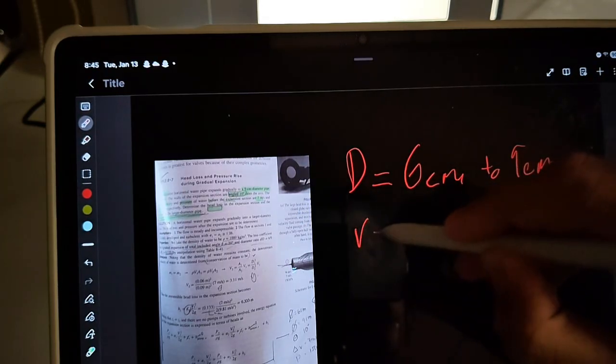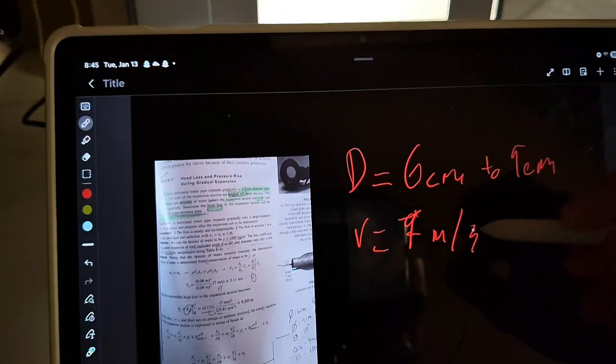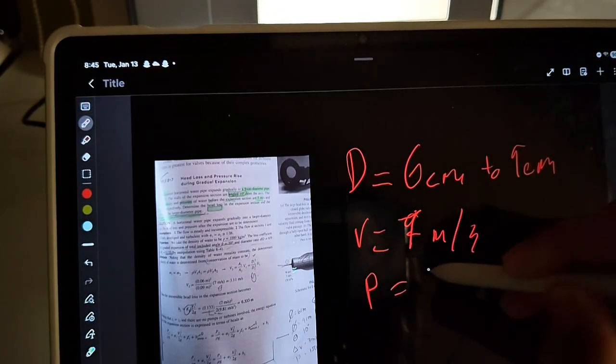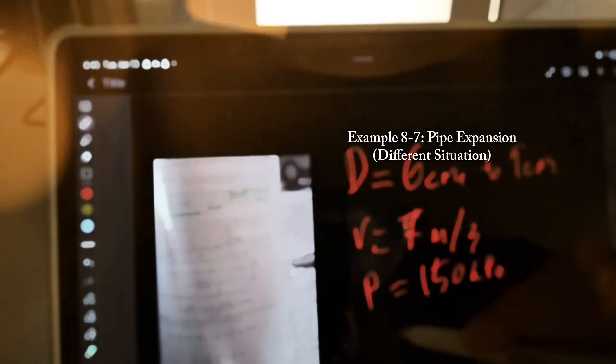Upstream velocity is 7 meters per second, and the pressure upstream is 150 kilopascal, and the loss